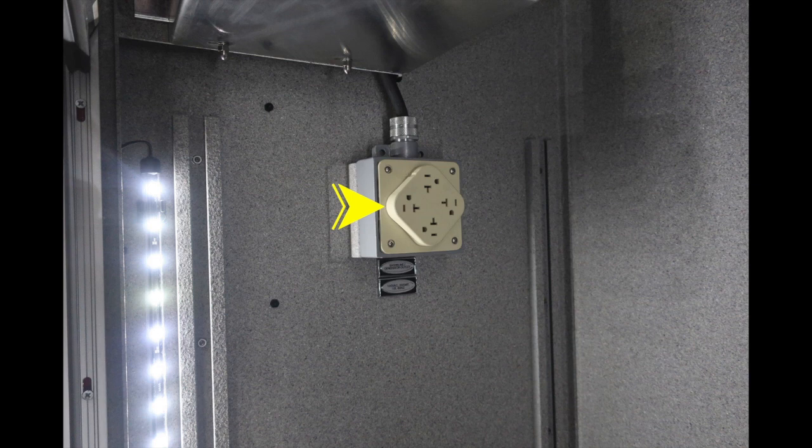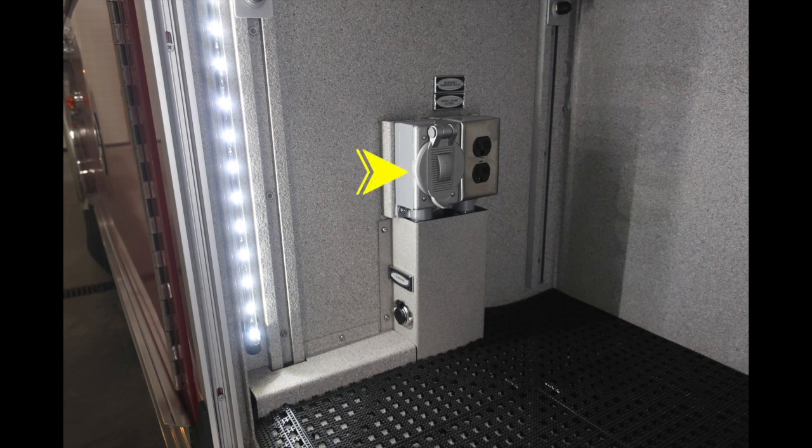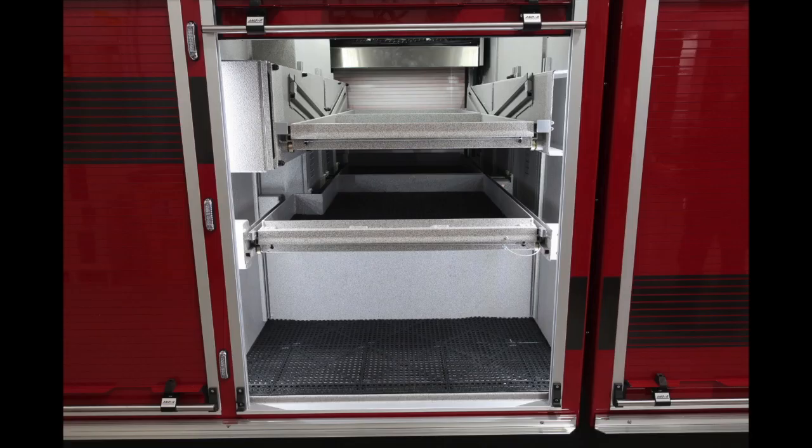Located here, you'll find a shore power generator outlet. Just down from this location, you'll also find additional shore power and 12-volt barrel-style access. Let's go ahead and move forward to the next compartment. You'll find in this compartment a pull-out style shelf on the lower section, and in the upper section a pull-out